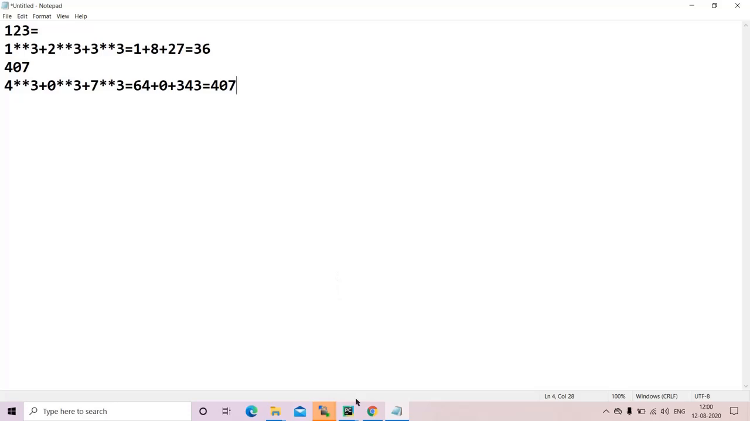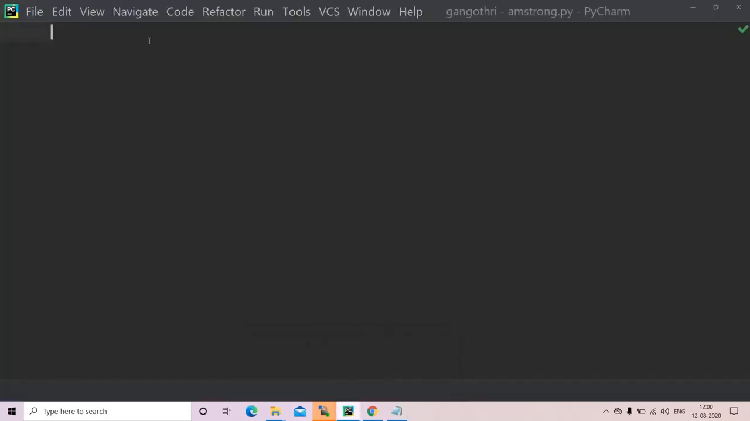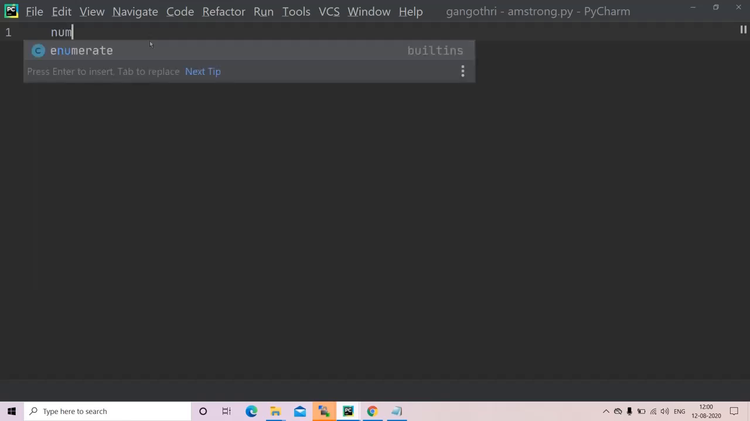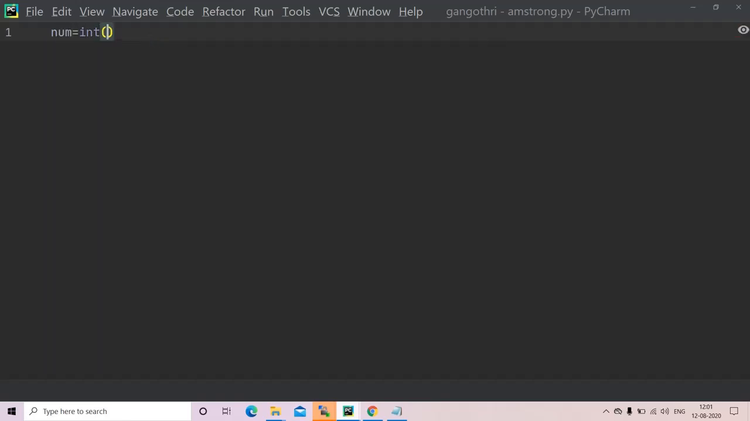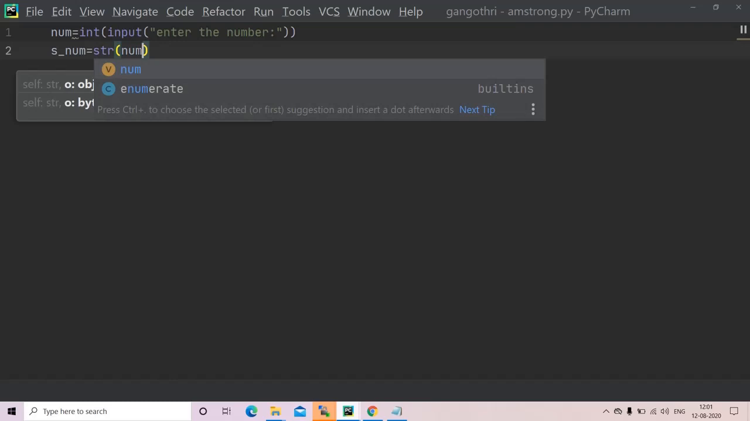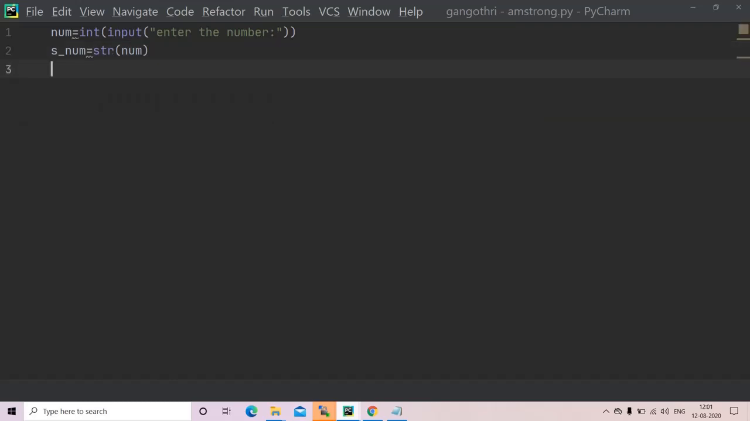Now let us see how it is done in Python. Firstly, I am naming a number, num is equal to int. I want my user to enter his input, so I am having my prompt to be "enter the number". Then firstly I have to find the number of digits in the number, right? So I'll convert it into a string. s_num is equal to the str function of num. Now I'll calculate the length of the string, that is, I'll have my number of digits to be n,